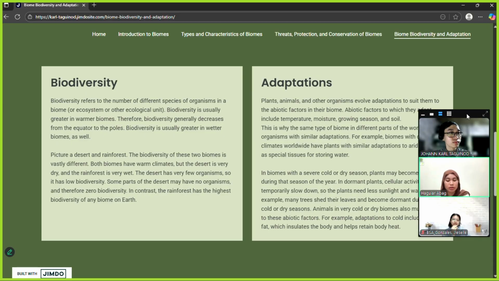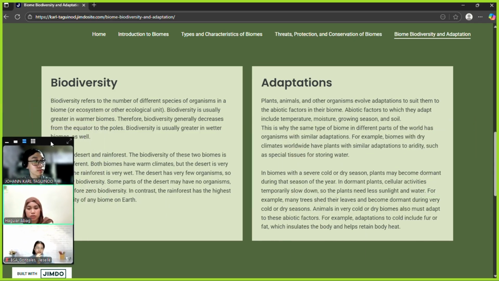In contrast, rainforests contain the greatest biodiversity of any biomes on Earth. Since plants, animals, and other organisms evolve adaptations to suit them to the abiotic factors in their biome. Abiotic factors to which they adapt include temperature, moisture, growing season, and soil. This is why the same type of biome in different parts of the world has organisms with similar adaptations. For example, biomes with dry climates worldwide have plants with similar adaptations to aridity, such as special tissues